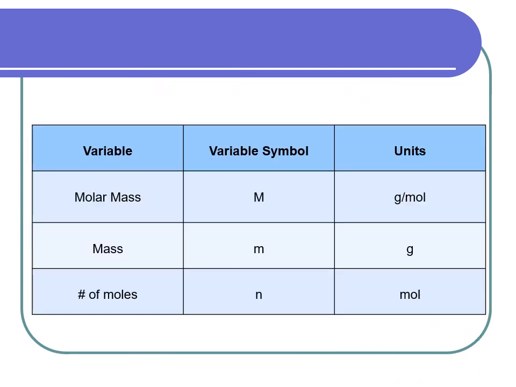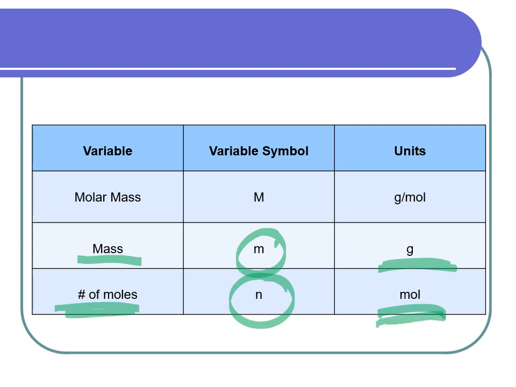So we've got 3 variables that we're essentially talking about here. Mass, the symbol for it is little m, and we are going to most likely be measuring it in grams. Number of moles, we're using the symbol little n, and of course the unit for it is mol. Don't confuse the variable symbol with the unit. The unit is what is written after the number itself. So if you had